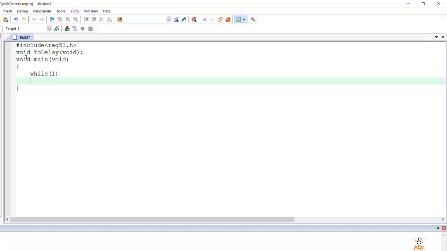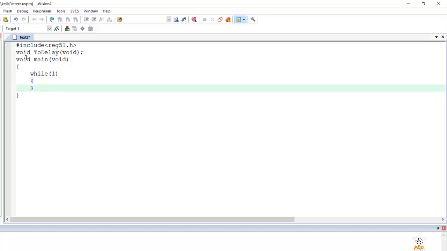For this also I'll pass the parameter as void, and now inside this we will have our infinite while loop, and in this while loop we will have our port P1, and I'll assign some value to it as 0xAA. Now this hexadecimal value represents a pattern to turn on alternate LEDs.